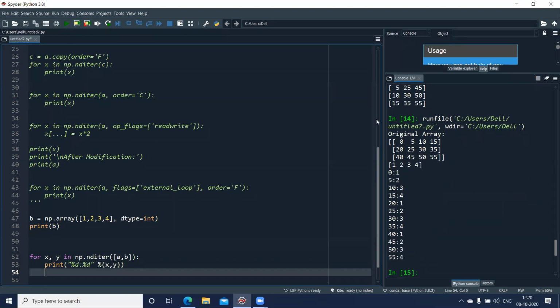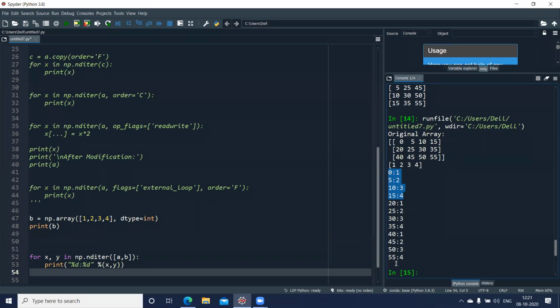Here you can see, this is my 2D array and 1D array. If you look at the first row, when it accesses the first row of my 2D array, it is also accessing the 1D array. When it goes to the next one, it again starts accessing the values of the 1D array from the first index position. So 1, 2, 3, 4 repeats again and again.